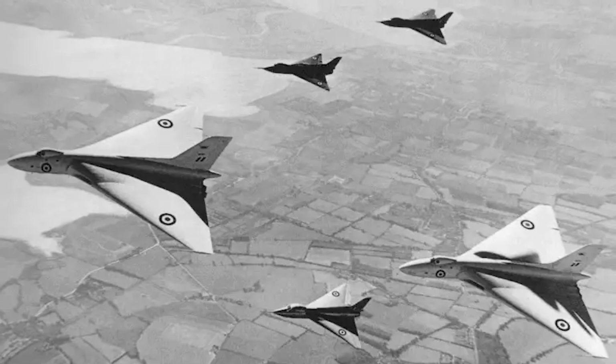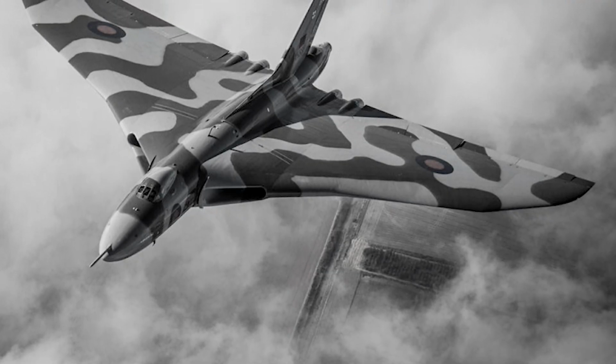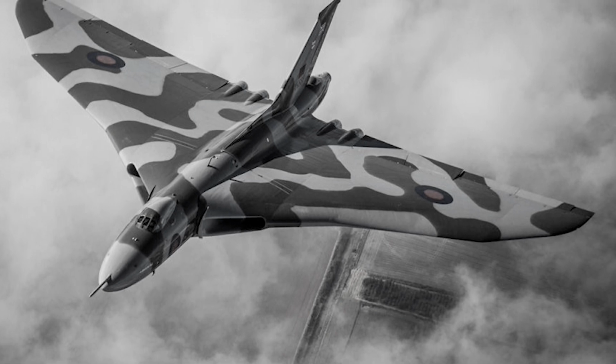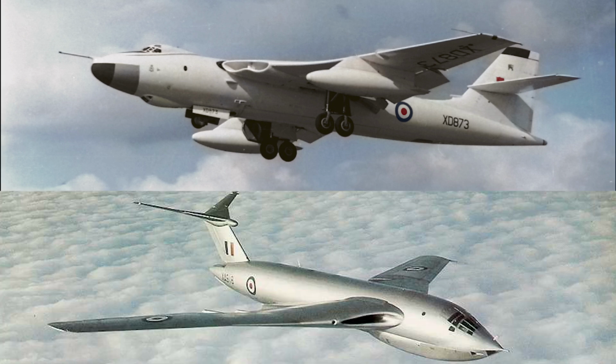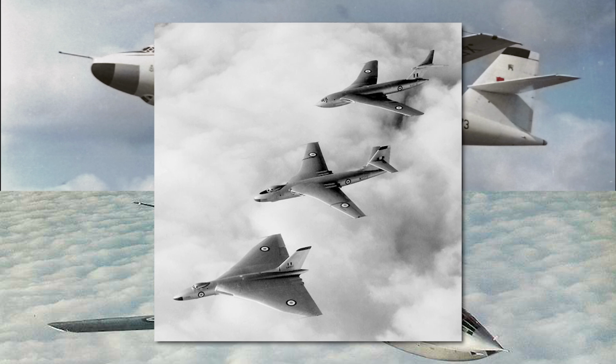Vulcan bomber. And after several years of rigorous testing, the Avro Vulcan B-1 entered service with the Royal Air Force in 1956. It, along with the Vickers Valiant and the Handley Page Victor, completed the RAF's V-bomber force, significantly boosting